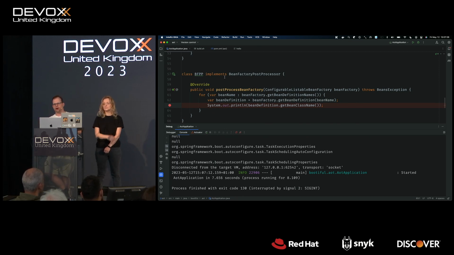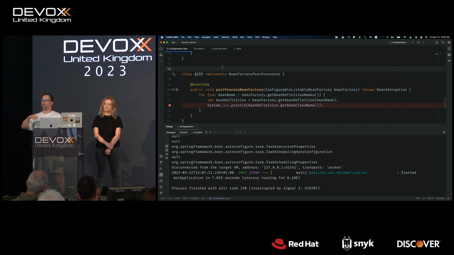These bean definitions, however, are super important. Again, we normalize your config. And so what we have at the end of the day is just a bunch of bean definitions. So the real question is, how can we transform the application in such a way that the resulting code, as we ship it into GraalVM, is devoid or free of all the reflection and all the reflective metadata that we have to keep to support that component scanning and all that other stuff on the JVM, right? Because at the end of the day, we have this bean graph, this bean definition graph. Why don't we just take that representation and then reify it?